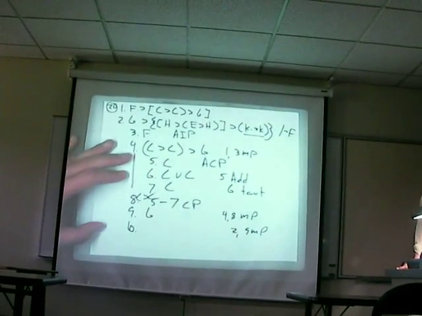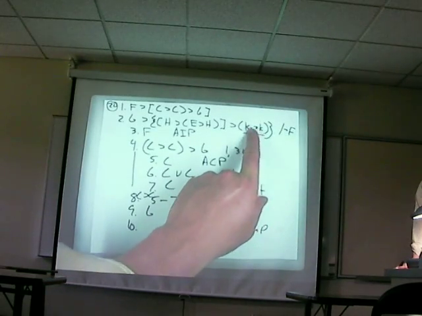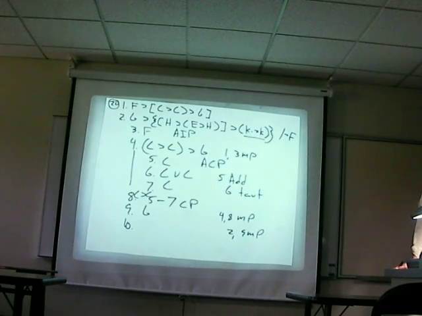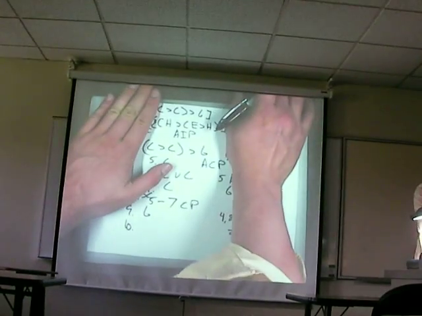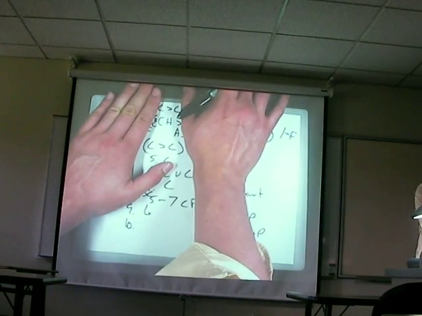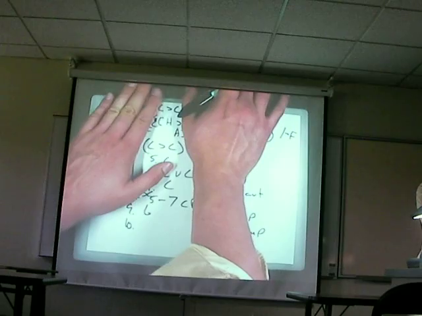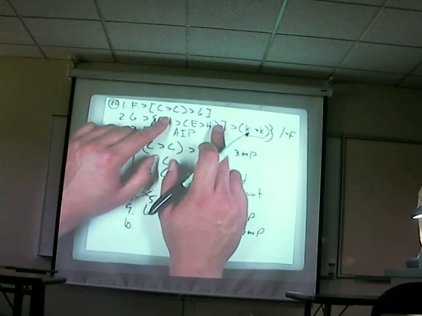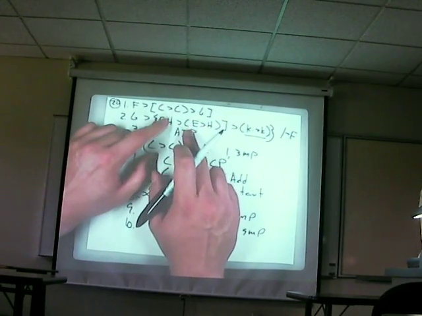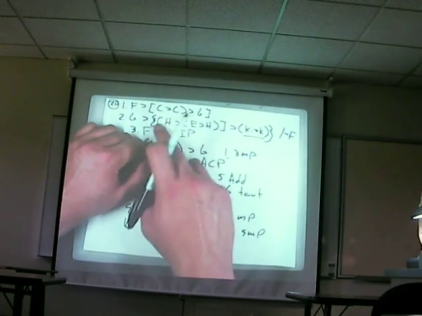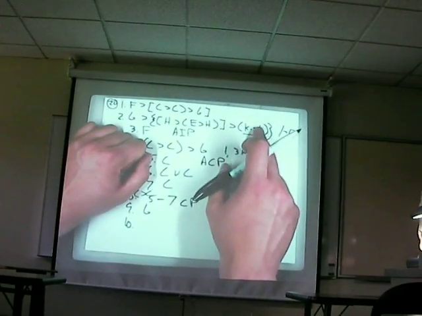I'll let you finish off the problem from here. Remember, we're after the K and not K, so it's probably going to be the case that you're going to have to do yet another conditional proof. To get that K and not K, once you complete the modus ponens 2 and 9, you're going to need H horseshoe E horseshoe H. Again, stick to your basic rule. Sounds like a prime candidate for a conditional proof. Assume that H, and the task will be to get the consequent E horseshoe H. So the question that you'll need to think about is, you assume the H, how can you turn that into E horseshoe H so you can discharge, getting the antecedent here to ultimately get the contradiction,